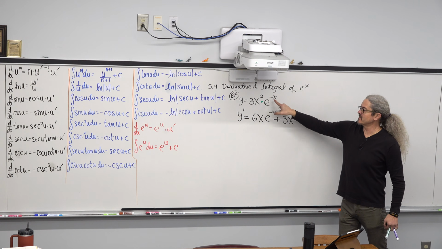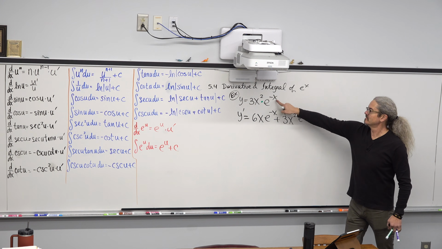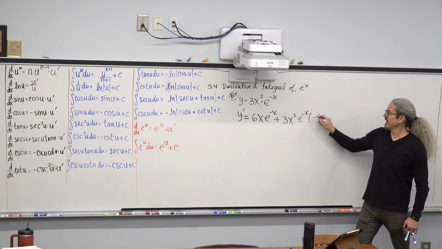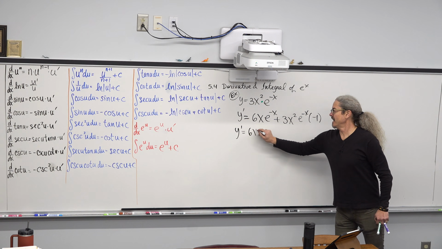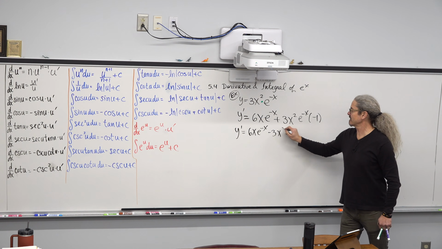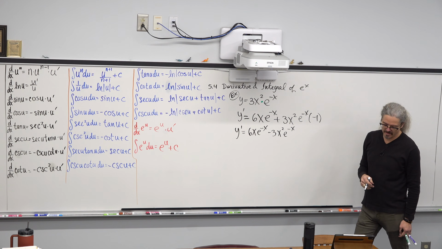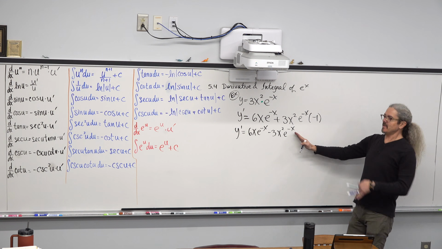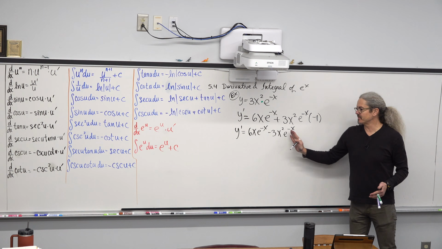So the derivative of e to the negative x is e to the negative x times, our u is our exponent, our u is our negative x, u prime, negative 1. So then y prime is 6x times e to the negative x, and negative 1 times 3 is negative 3, x squared e to the negative x. Just a quick double check, and we're good. The only reason to do any additional work is if you're trying to match a multiple choice answer. So I don't have a problem with these negative exponents.